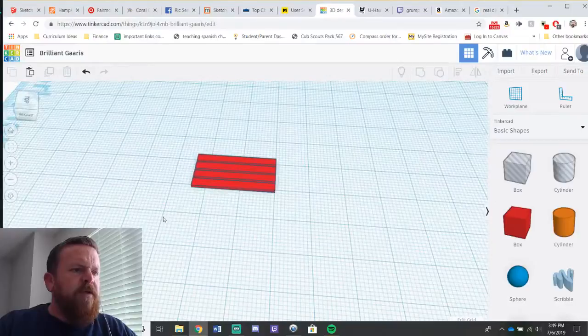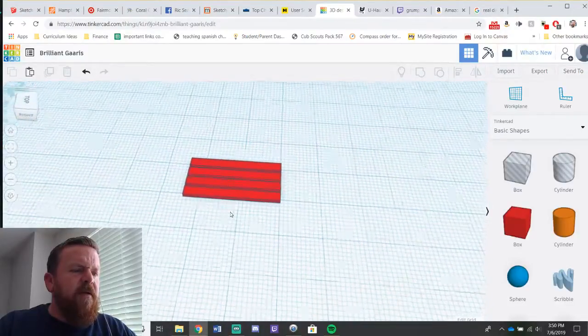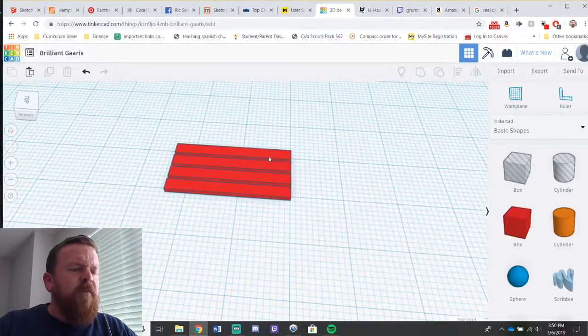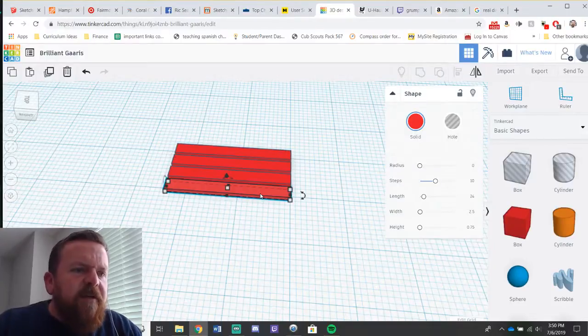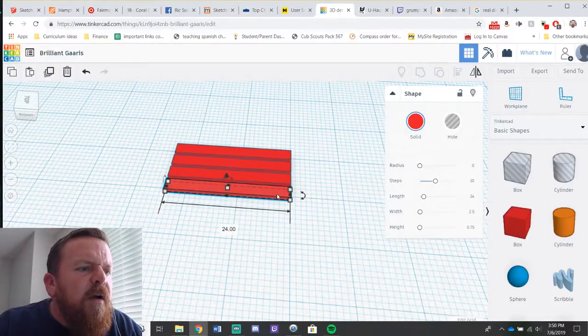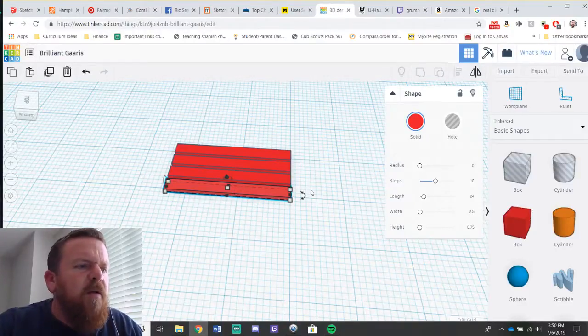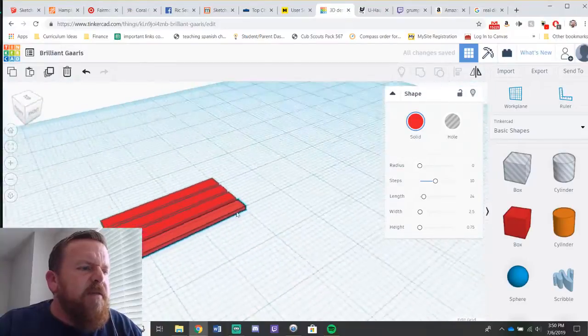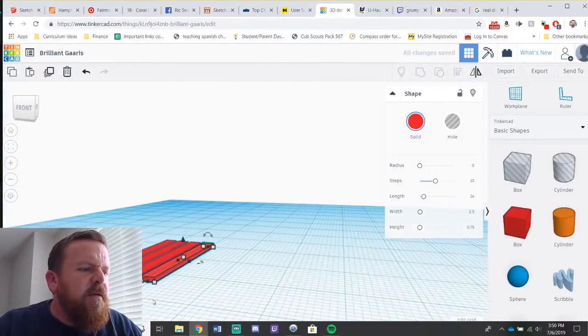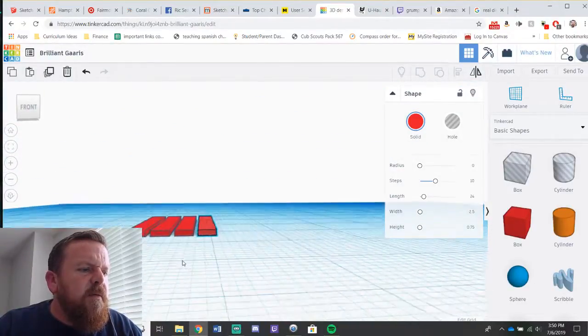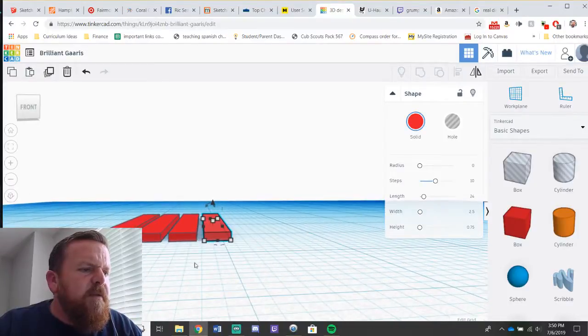There we go. Okay, so shift right click drags. They seem like they have too big of a gap between them, though, don't they? I don't want it butted up against it, but it's too big of a gap. How do I?